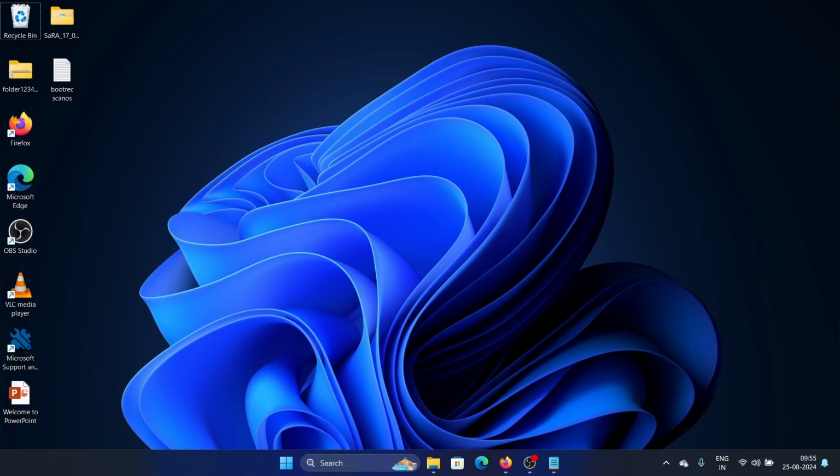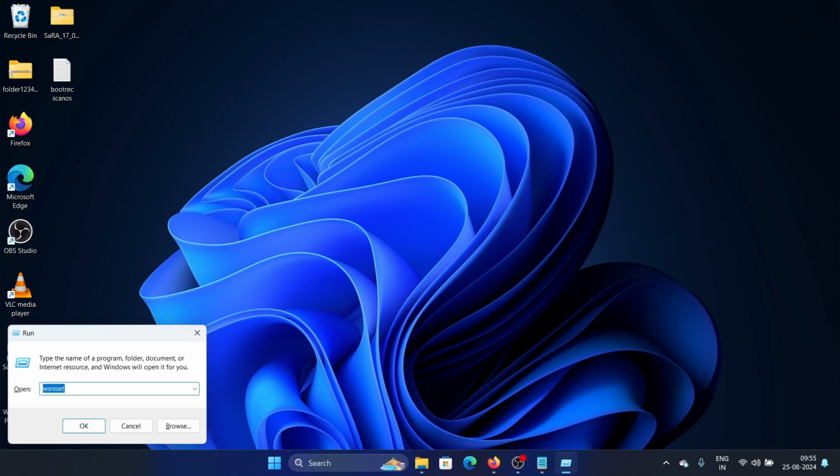If you wish to learn how to fix error 0x80070141, then let's look for the solutions. So basically the first solution would be to run the command. Press Windows and R, and we run the command